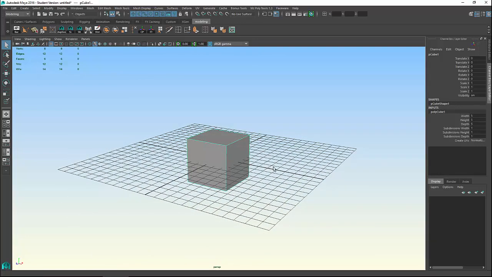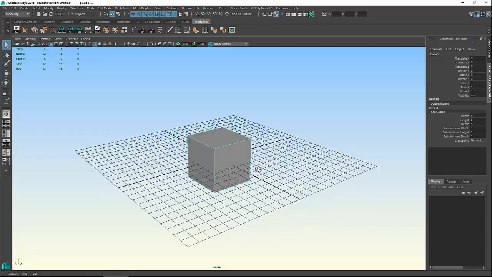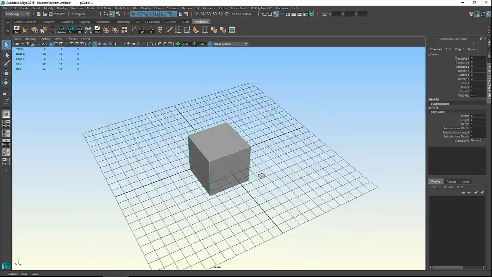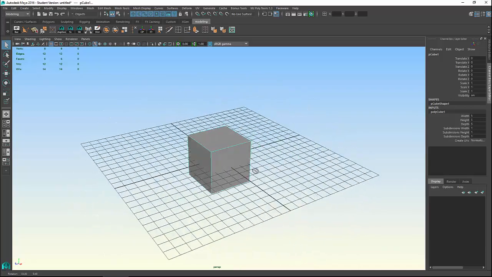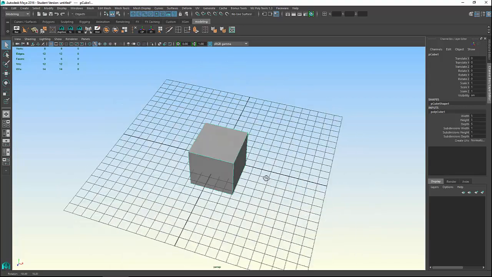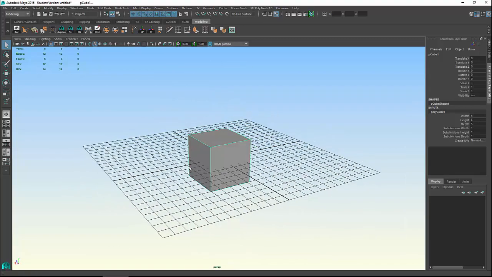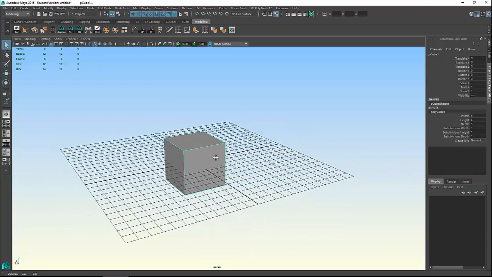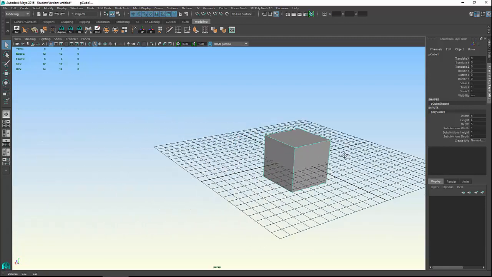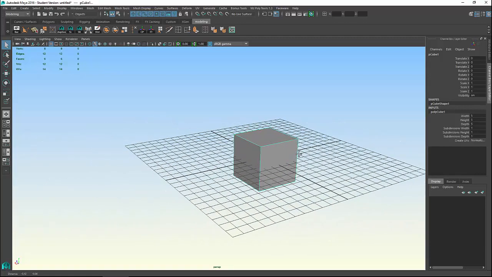And I'm doing that by holding down Alt and left clicking on my mouse and just moving my mouse back and forth with those two buttons pressed. So that's rotating in 3D space. Now, in order to actually dolly around, which is moving the camera basically on a track left and right, you'll do this by holding down the Alt key and the middle mouse button in conjunction with moving the mouse back